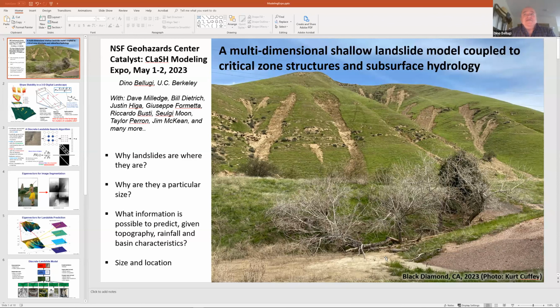So you may find yourself walking around your favorite regional park, like Black Diamond in this case, here in the Bay Area. And you may find yourself there, like Kirkcaldy did, shortly after a big series of storms like the one we had early in California this year. And you may find yourself looking at a series of scars of landslides. And you may ask yourself, why are they where they are? Or why are they the size they are? And you may ask yourself, how did I get here? And what can I predict about this stuff?